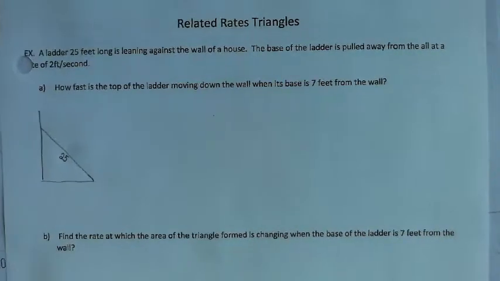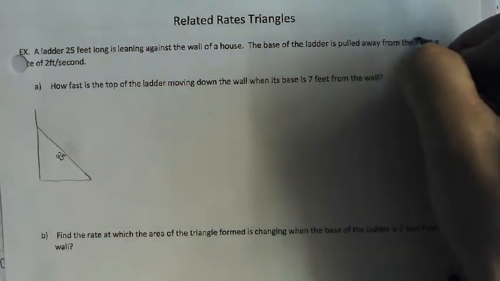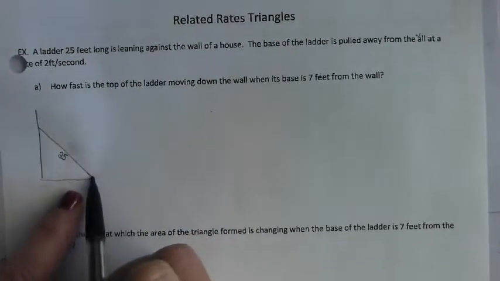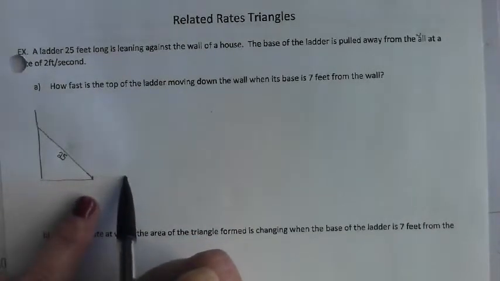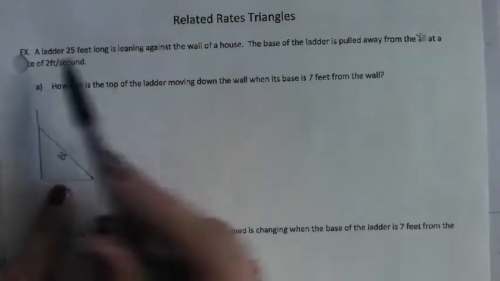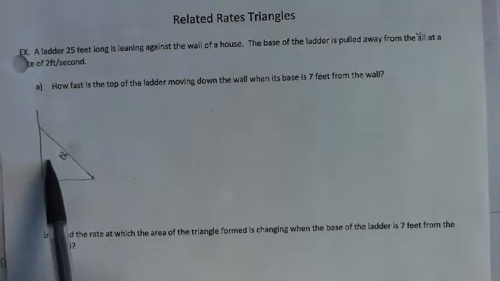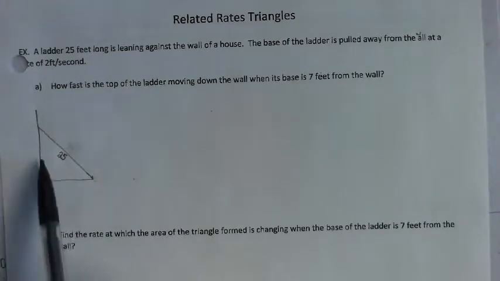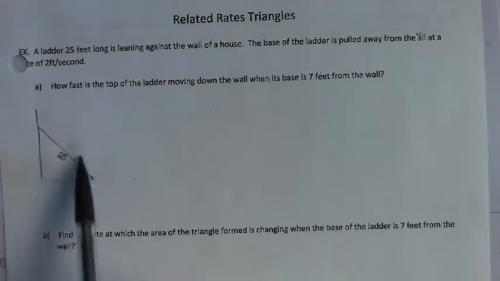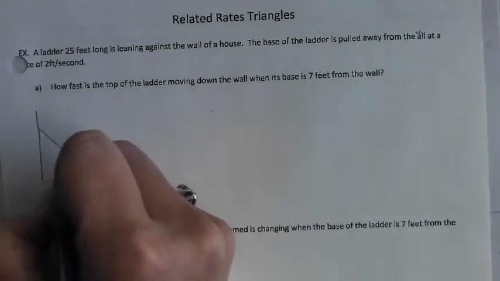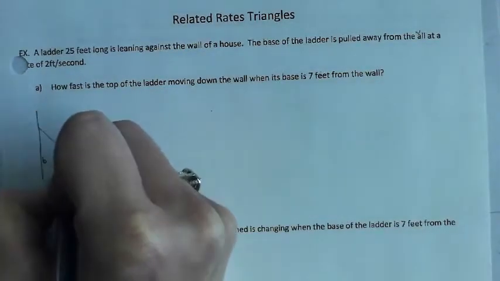So 25 feet long. The base of the ladder is pulled away from the wall at a rate of 2 feet per second. So here's the base of the ladder. It is being pulled away from the wall at a certain rate of 2 feet per second. When I label my pictures, I like to label the actual length on the inside and then the rate of change of each of those lengths on the outside. So if I call this A, B, and C,